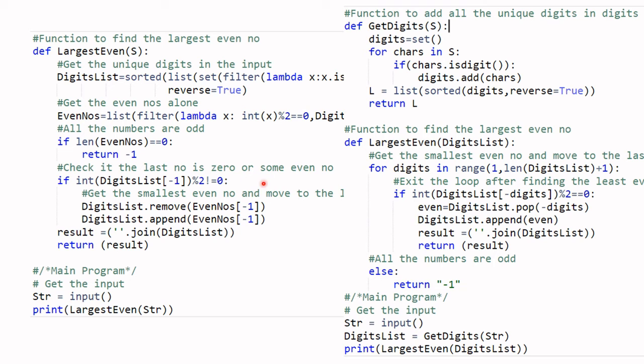If you use list comprehension for finding the even numbers, it is going to find all the even numbers in the digit list. However, in the first approach we move only till the least even digit and then come out of the loop. So you are actually reducing the number of iterations in that method. With list comprehension, however, you are iterating unnecessarily for all the even numbers. So you'll have to be very careful when you're using list comprehensions.